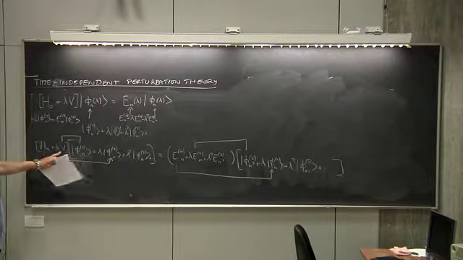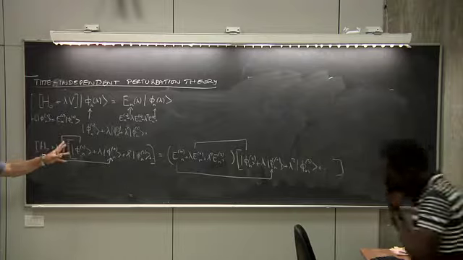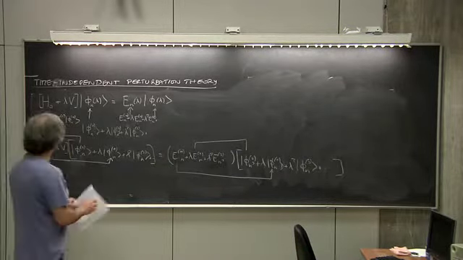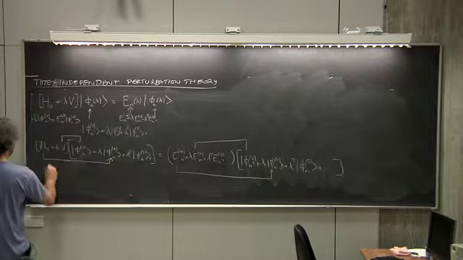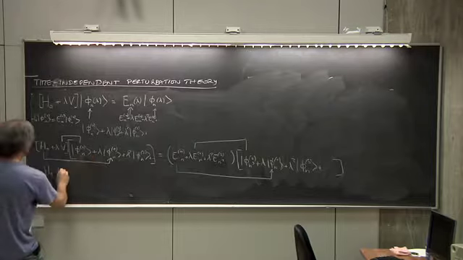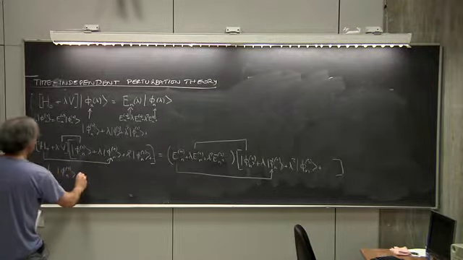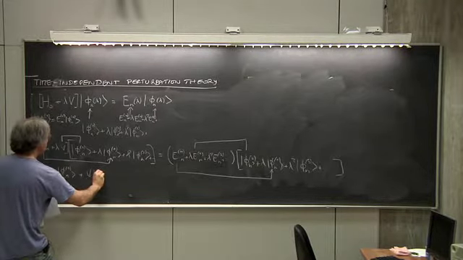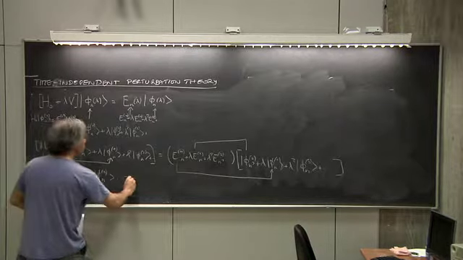Since there is a lambda everywhere, let's drop the lambda now. It has done its purpose of signaling how many powers of lambda there are. There is only one. So I should write the following: H0 applied to phi 1, the first order correction, plus the perturbation applied to phi 0, the unperturbed state, should be equal to